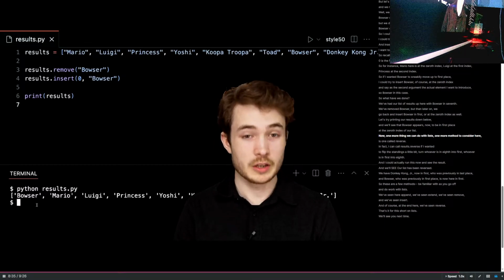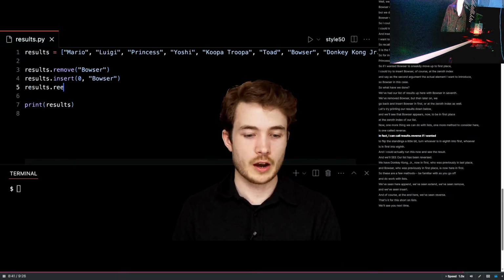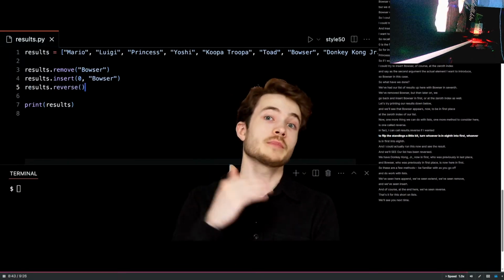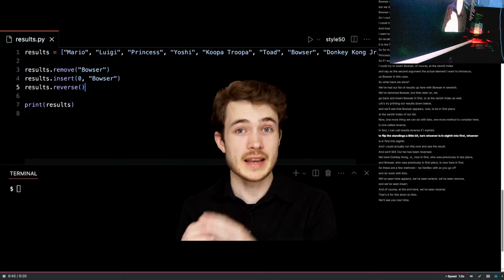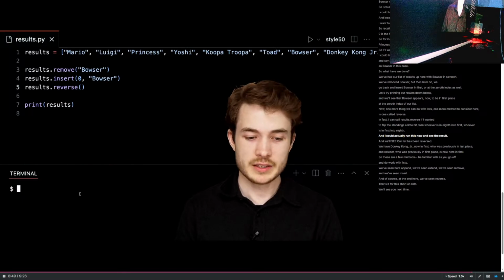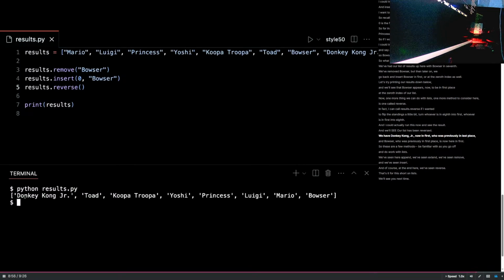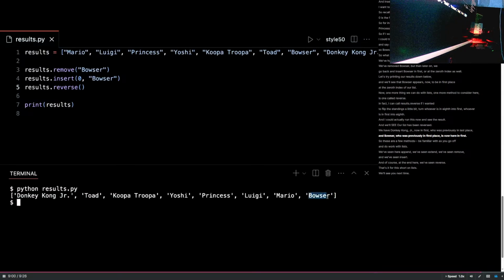Now, one more thing we can do with lists, one more method to consider here, is one called reverse. In fact, I can call results.reverse if I wanted to flip the standings a little bit, turn whoever is in 8th into first, whoever's in first into 8th, and I could actually run this now and see the result. And we'll see our list has been reversed. We have Donkey Kong Jr. now in first, who was previously in last place, and Bowser, who was previously in first place, is now here